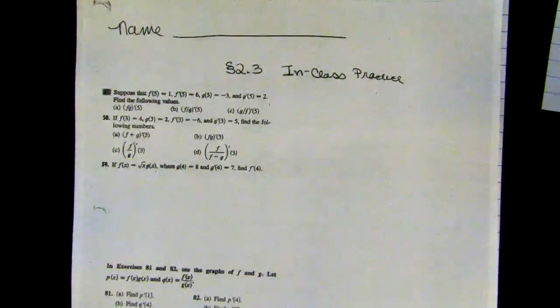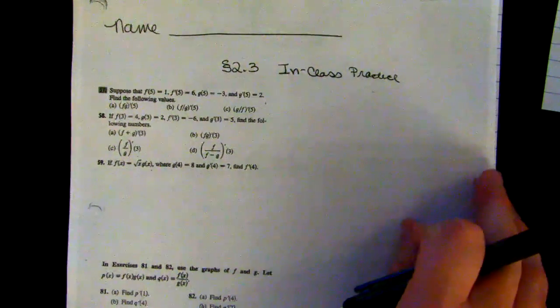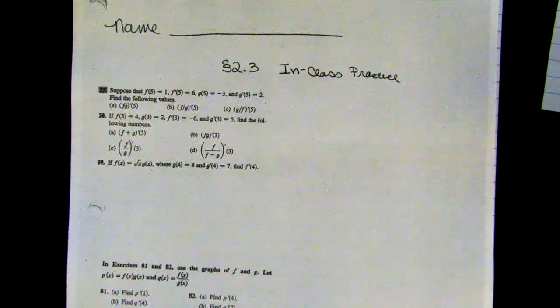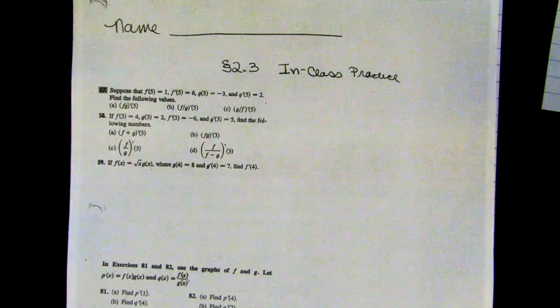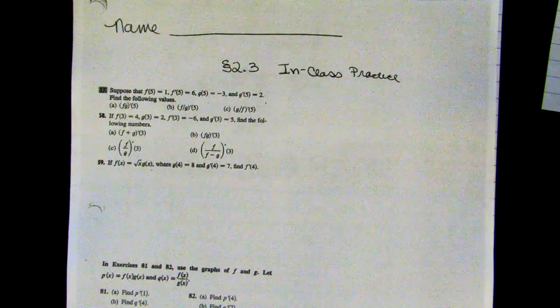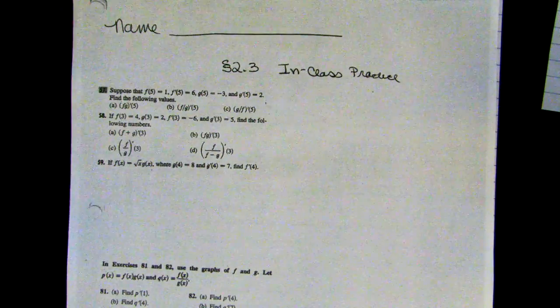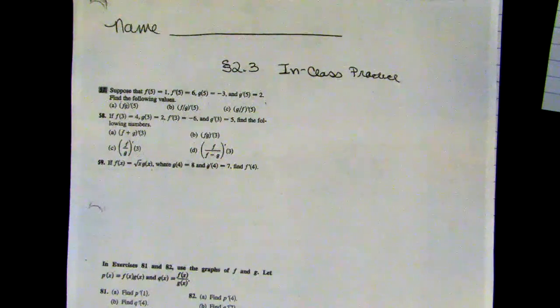So now I'd like to take a look at that worksheet that's titled Section 2.3 In-Class Practice. And I want to do some examples of graphical and numerical derivatives that make use of the product rule and quotient rule. We're not going to do the entire sheet, but for starters, I'd like you to take a look at 57